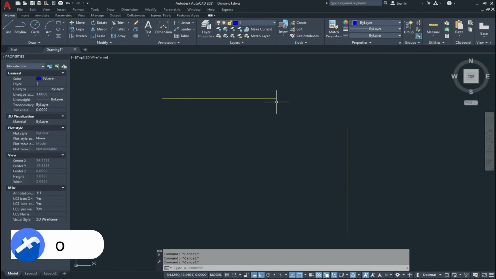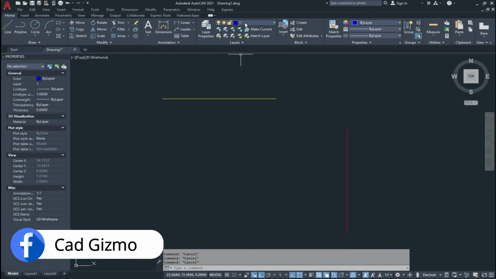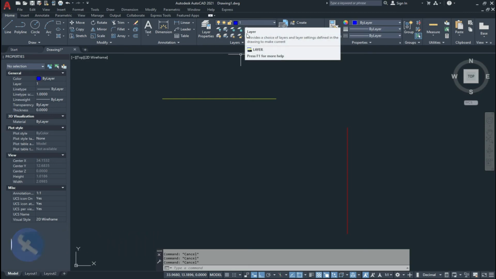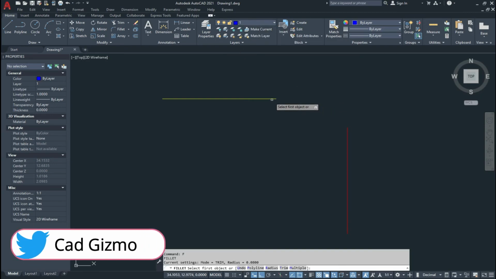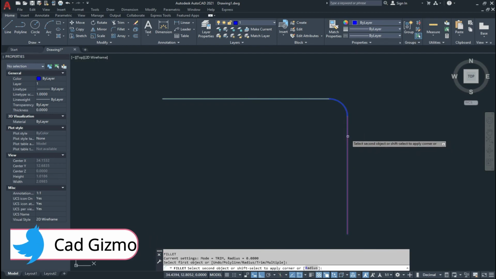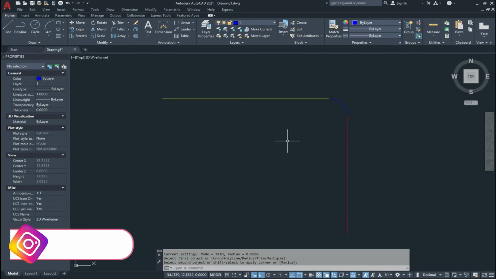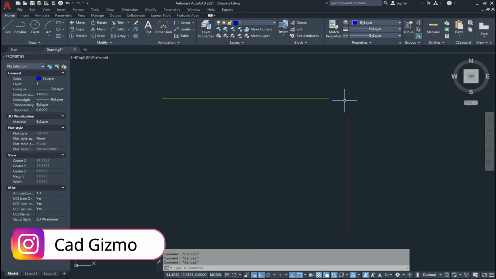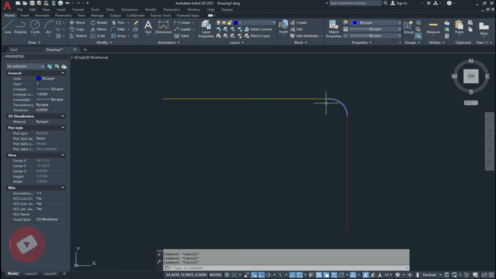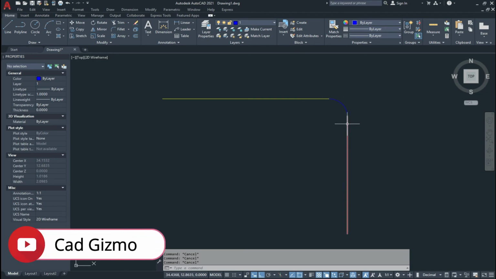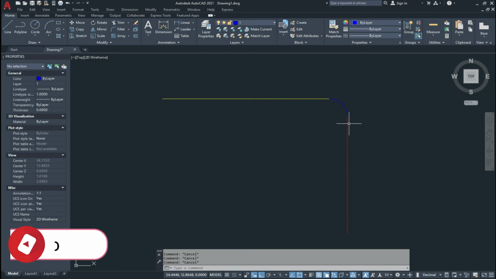Now in this example the current layer is 1 and we fillet this. Select both the lines and you see this fillet which is tangent to this line, and this line picks the current layer. So in this way you can use your fillet tool.